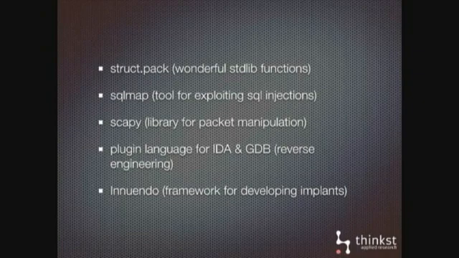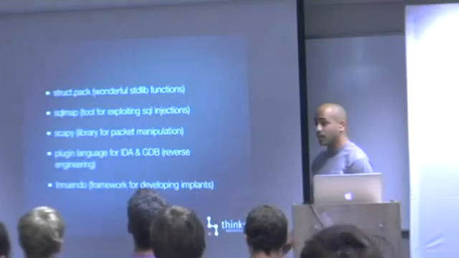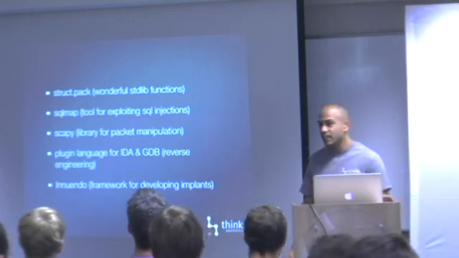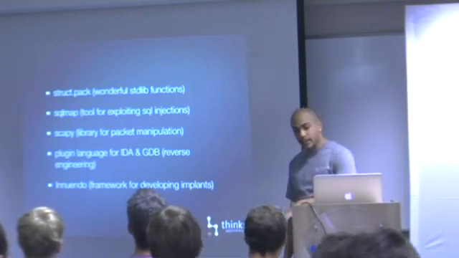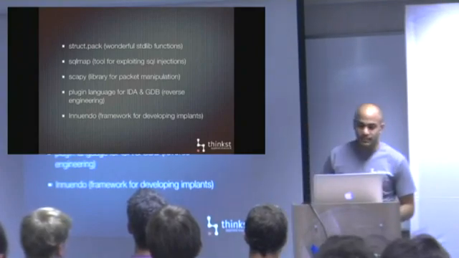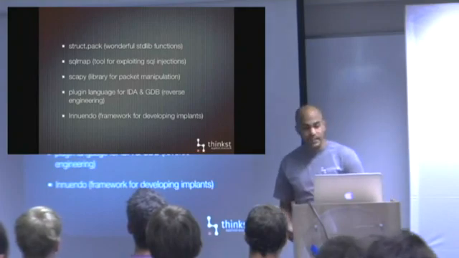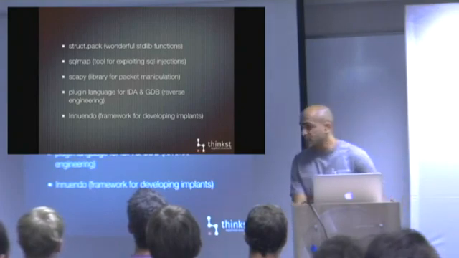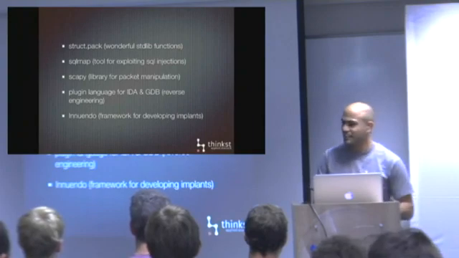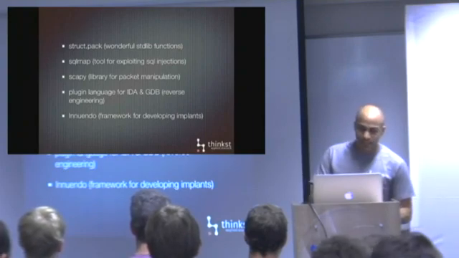But one really cool framework that I don't think many people may have heard of, has anyone heard of Innuendo? Okay, so Innuendo is really cool. It's a framework for writing implants for malware developed by a company called Immunity Sec. The really interesting thing about it is you can write your implant in malware and extend it using Python. It's quite remarkable, given that their malware is very flexible, and it can do things like execute within a completely legitimate process. I just thought it was a very nice example of Python well used.